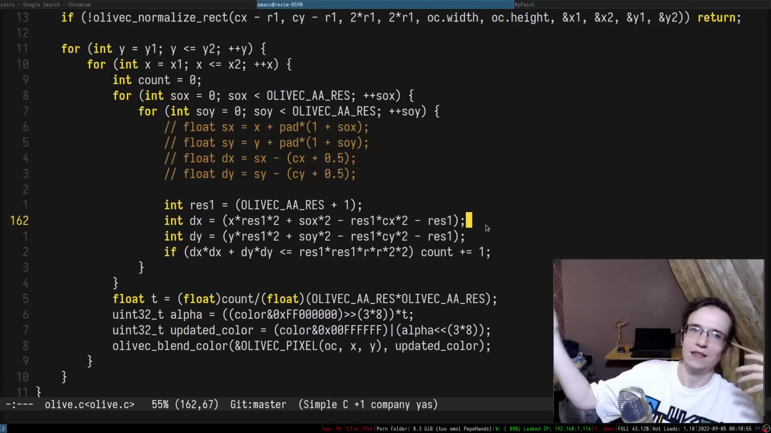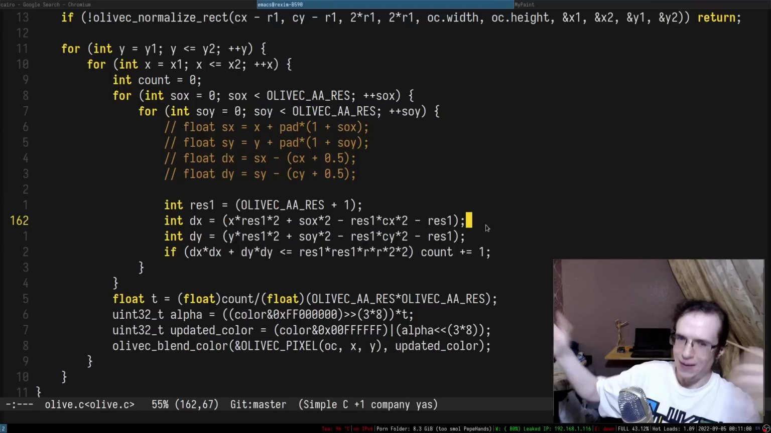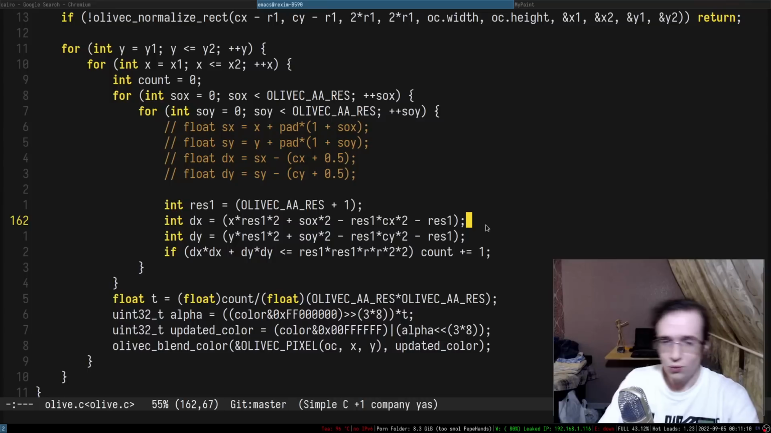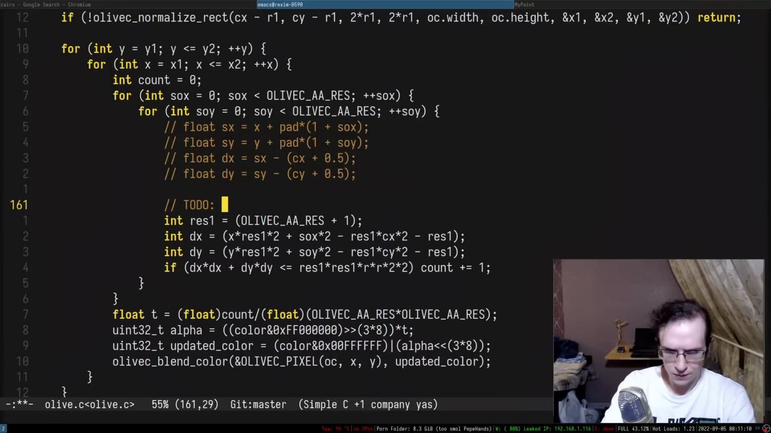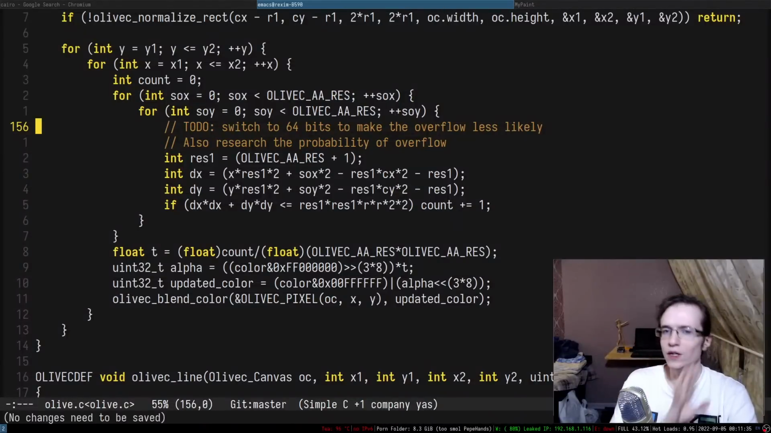And 64 bits, in fact, can accommodate even higher resolutions, like magnitudes higher, right? Because we're talking about exponential stuff. So yeah, I think we'll have to switch to 64 bits in here, to make the overflow less likely. And also research the probability of overflow, right? So how likely, and what are the conditions in which this entire thing will overflow and fail